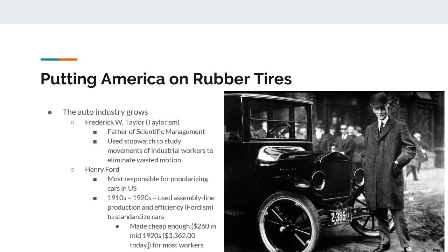So the auto industry grows. Frederick W. Taylor, Taylorism is the father of scientific management. He used a stopwatch to study movements of industrial workers to eliminate wasted motion. So this would be like us in school, just literally making sure you go from point A to point B. When you get in, you take out your pencil. You don't sit there and talk. You just take out your pencil to get ready to work